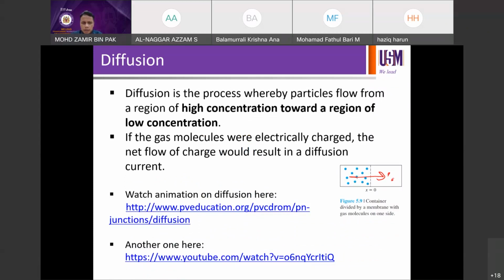So if the gas molecules were electrically charged, the net flow of charge would result in a diffusion current. If your particles are charged particles, in this case electrons and holes, then there will be a current density associated with the diffusion process, just like the way we have the drift current density associated with the drift of electrons and holes as well. Okay, so let's just see on this